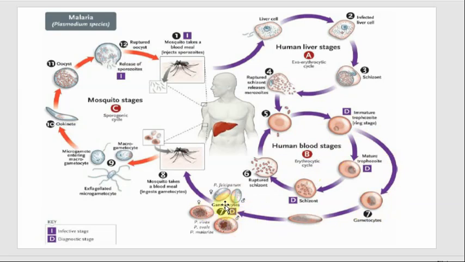And when multiplication occurs, these will be found in the bloodstream of the body, and تبقى بالبلاد بانتظار انه تجي السبيشيز اللي هو الانوفيس موسكيتو ايضا تاخذ بلاد ميل، تدخل هذا الجاميتوسايت، تدخل الى